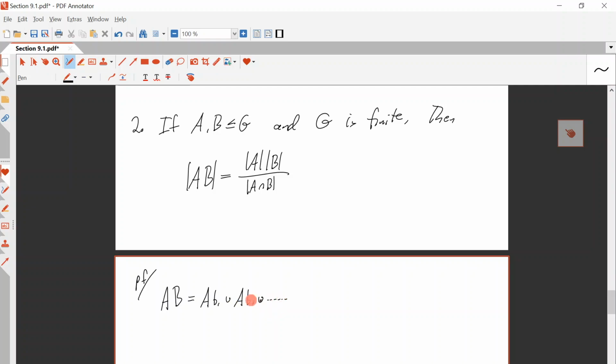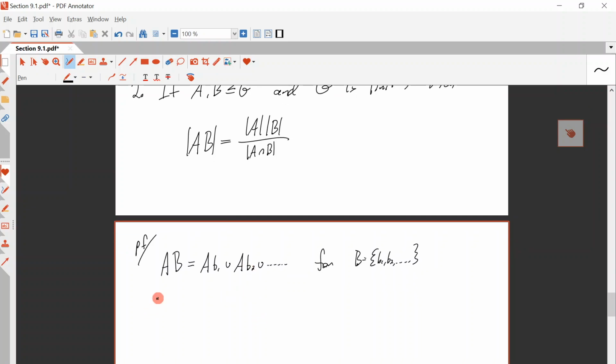It's a union of a bunch of cosets, for B equal to B1, B2, and so on. So it's the set of all cosets, and since cosets are either equal or disjoint,